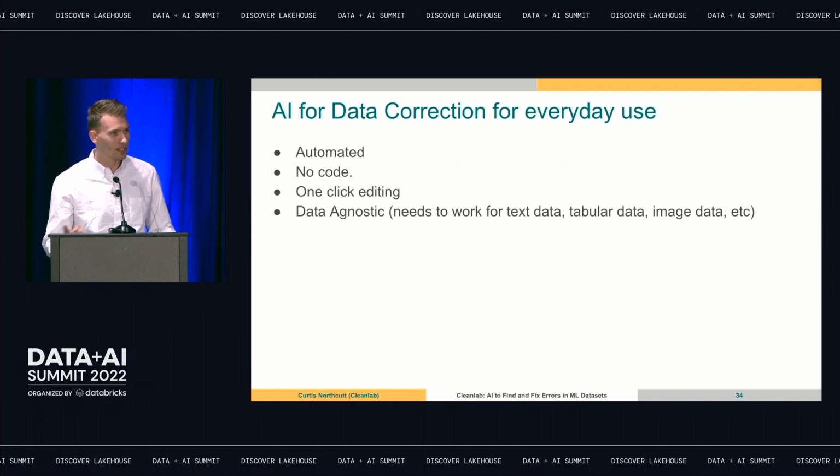So some things that we wanted to achieve is how do we do this in an automated way? No code, so anybody can do it. 1 click, so a nice interface that feels good, so you can just press a button on your keyboard, and it will just check data or fix data, and it doesn't feel hard. And then finally, we want it to be data agnostic, so it should work with any type of data set. And what our current deployment does is it works for text and tabular data, and then we have image and audio data coming this fall.